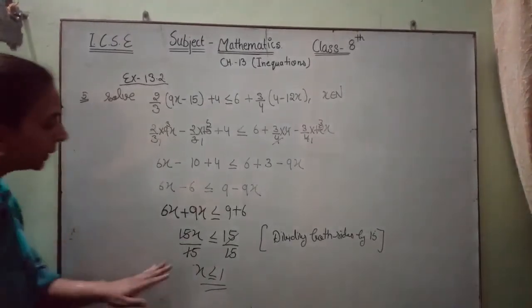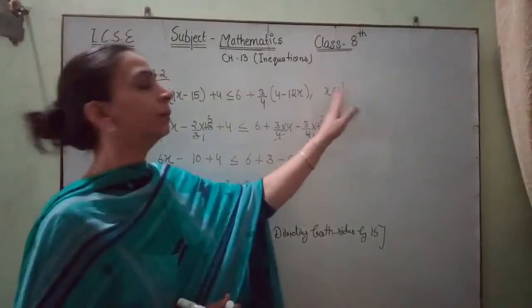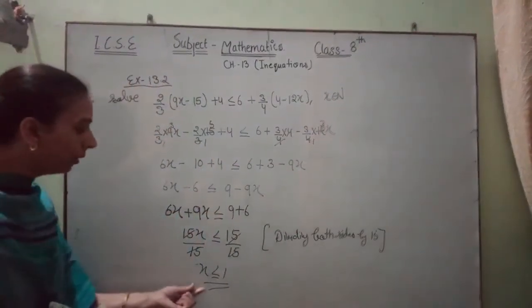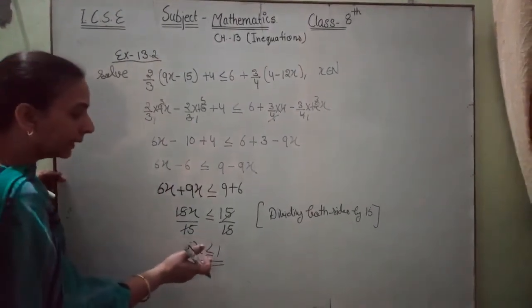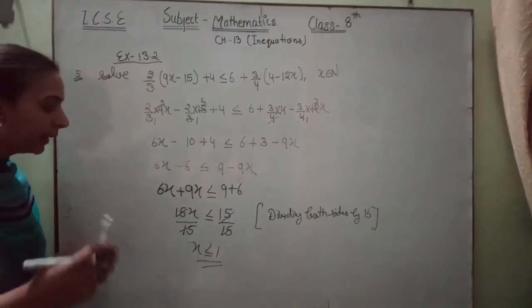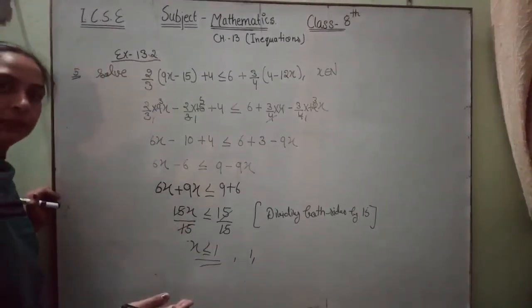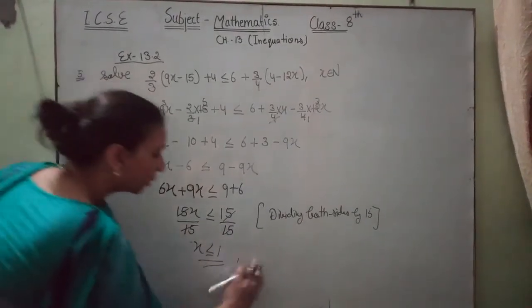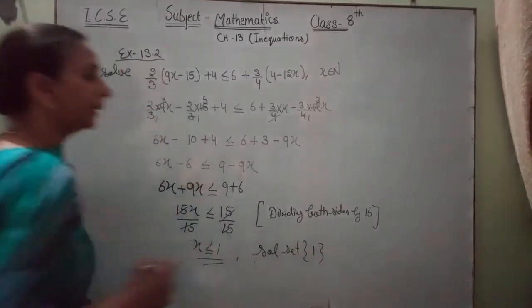Our inequation in simple form is x less than or equal to 1, and our solution set, the replacement set, x belongs to natural numbers. We take all natural numbers satisfying this condition, all natural numbers less than or equal to 1. Less than means smaller than 1. Less than or equal to 1, so we take 1, and a lesser number than 1 is 0, but 0 is not a natural number, so there is only one element. So in our solution set there is only one element, 1.